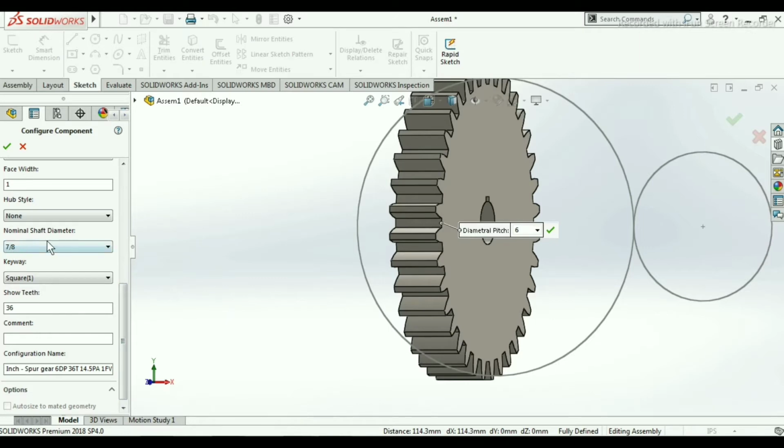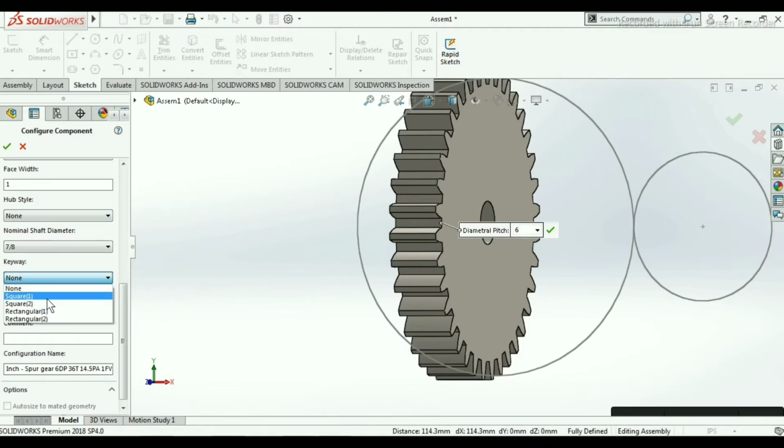In nominal shaft diameter, that is the internal diameter, I am keeping 7 by 8 inch, and here is the keyway, so this is the keyway slot. So I am selecting square, this is the square. Again I am selecting square. So see, the keyway slot has been added. Now we will click on this OK.